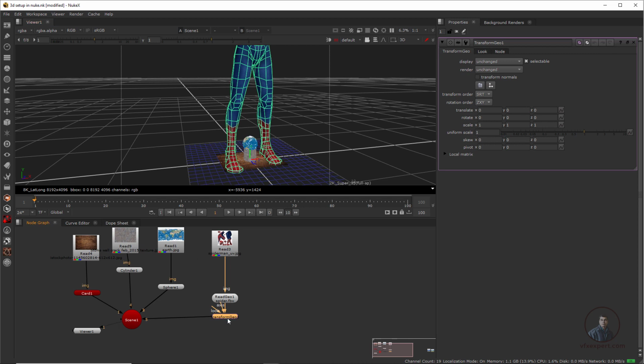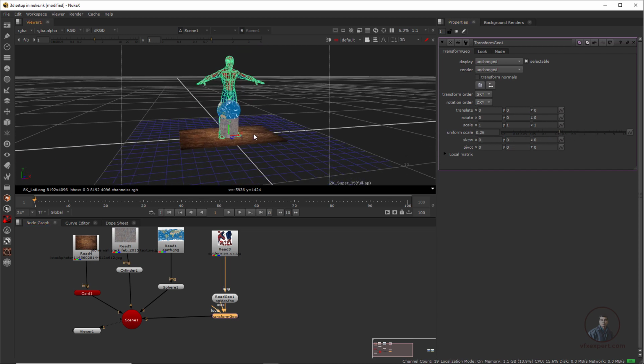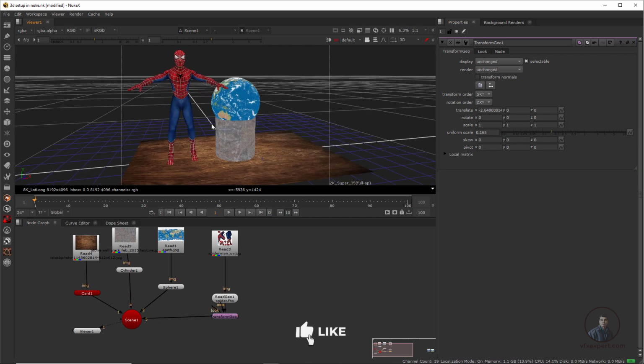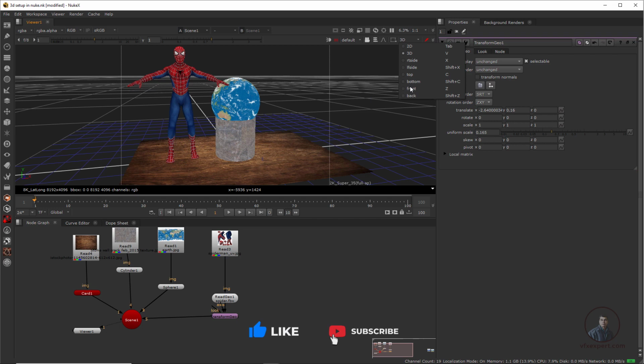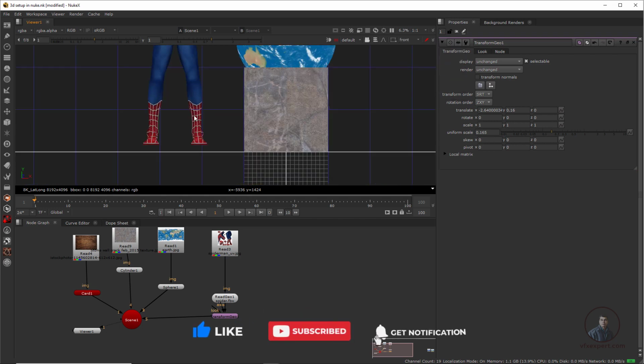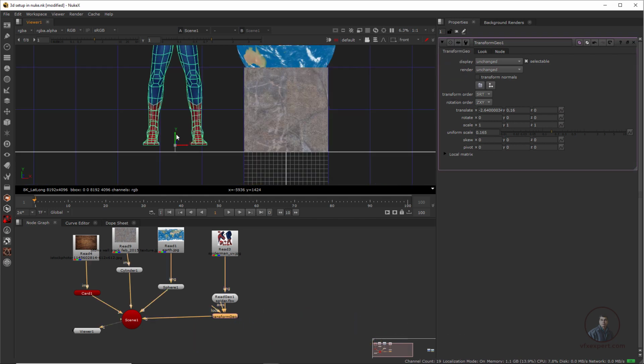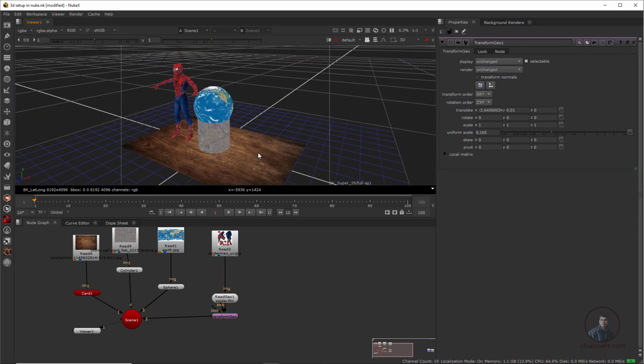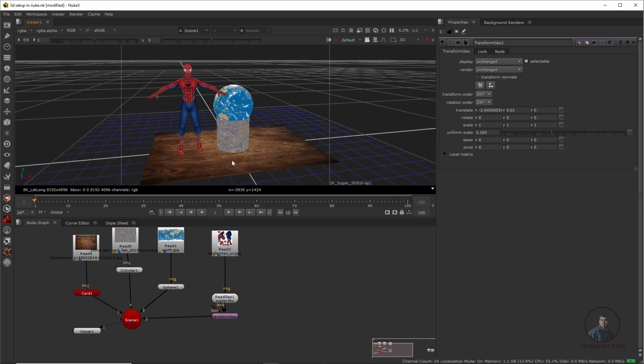Remember this one. Again just double click here, then on the right side you will get all these parameters. Now you can adjust the size, place it here, and on the right side just place it. You can even adjust from this front view. So you can see, then again just double click. Now I have created this basic 3D scene setup inside Nuke here.